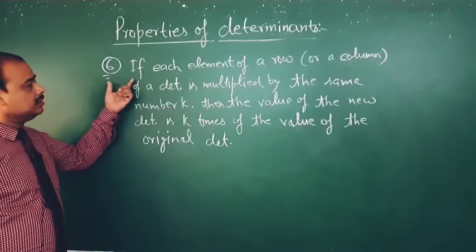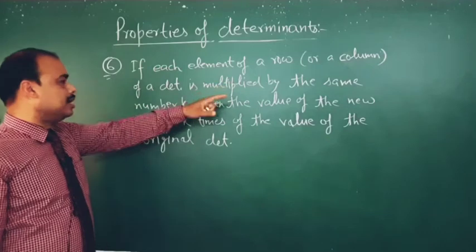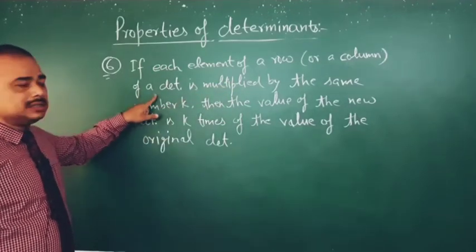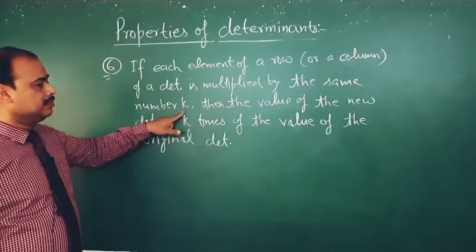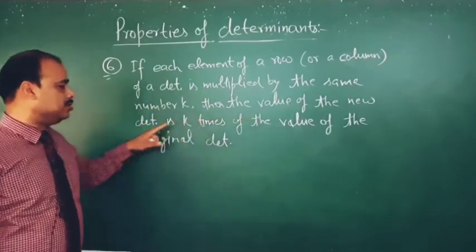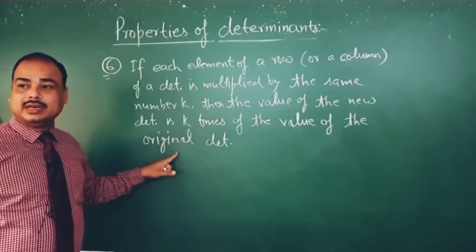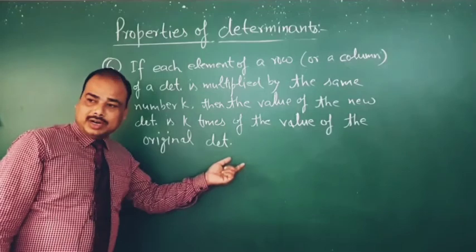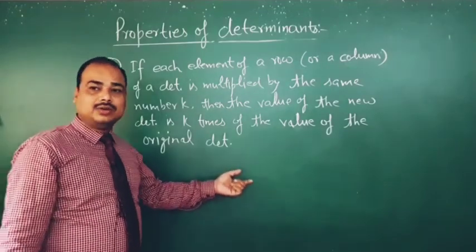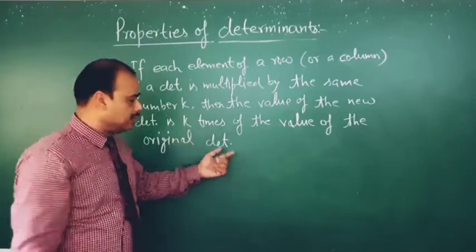Sixth property. If each element of a row or a column of a determinant is multiplied by the same number k, then the value of the new determinant is k times the value of the original determinant. It means the value of the new determinant becomes k times the original determinant. For example,